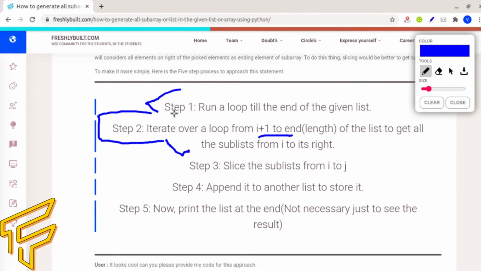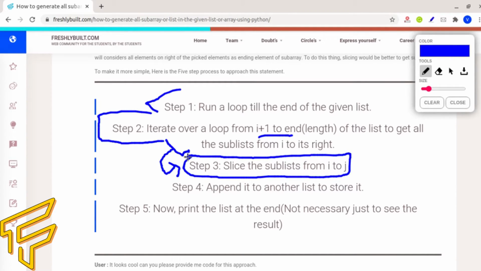Okay, no problem. Now we have considered the condition for the position. So what operation are we going to perform on the elements? We are going to perform a slicing operation on the list in the third step. The third step will be totally focused on the slicing part. If you are watching this video, I assume that you already know what slicing means.